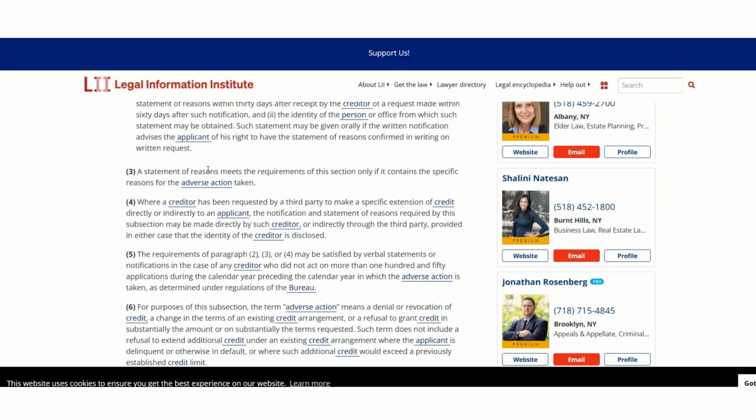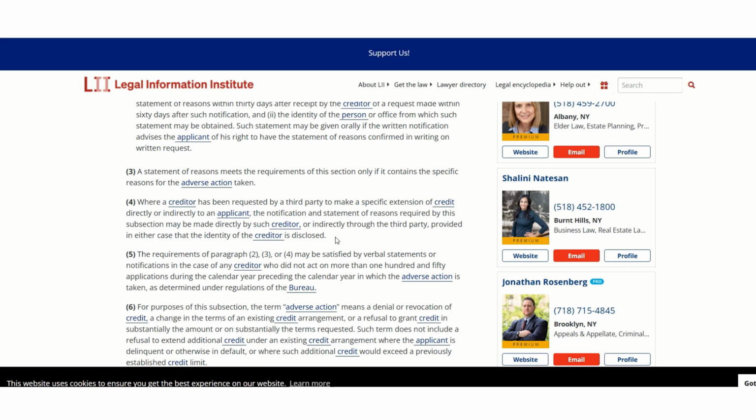A statement of reasons meets the requirements of this section only if it contains the specific reasons for the adverse action taken. Where a creditor has been requested by a third party to make a specific extension of credit, directly or indirectly, to an applicant, the notification and statement of reasons required by this section may be made directly by such creditor or indirectly through the third party, provided in either case that the identity of the creditor is disclosed. So,